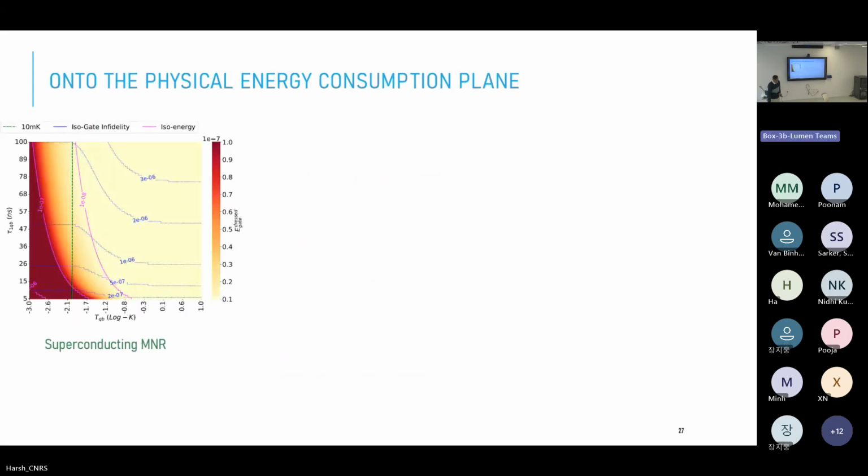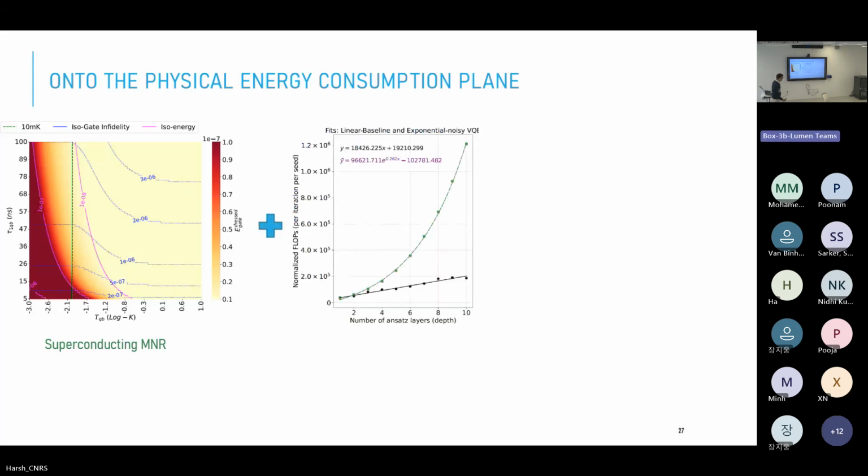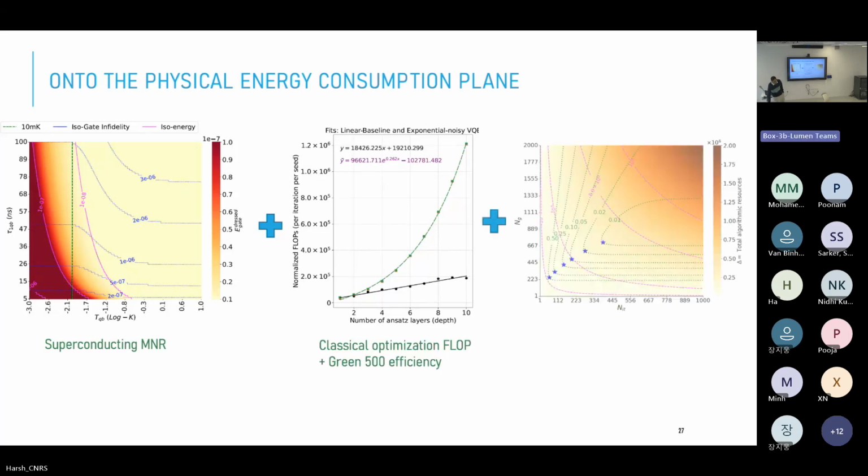So what we do is assume a certain resource cost of the gate based on a particular architecture. So now we are marrying hardware-based stuff with hardware-agnostic stuff. We add our understanding of the flop required for performing the optimization that we benchmark with the Green500 efficiency for doing a certain number of flop. So we marry the quantum hardware energy consumption with classical hardware energy consumption with the optimization landscape that we had before, and then what we see is